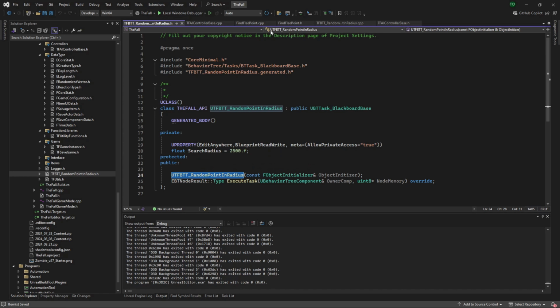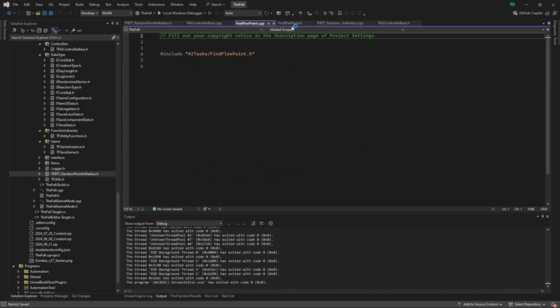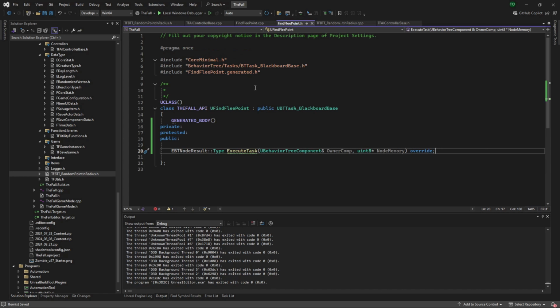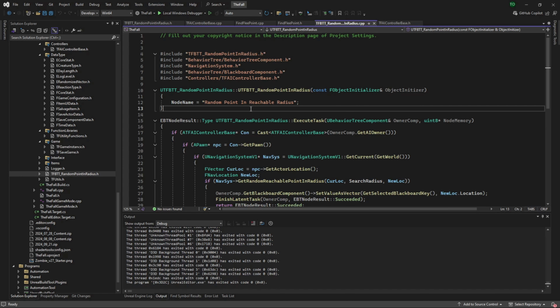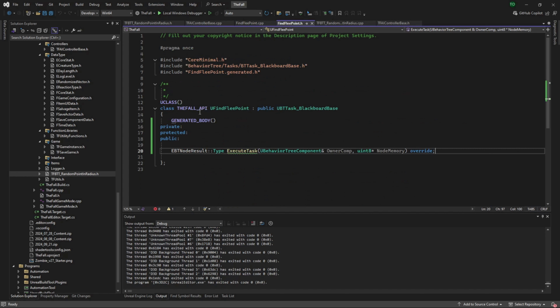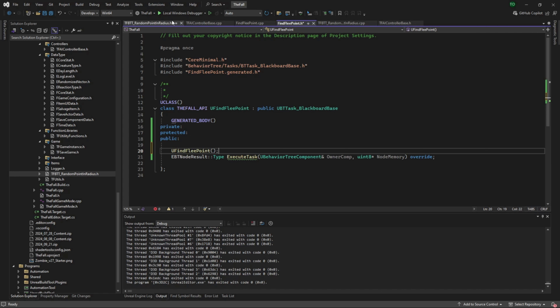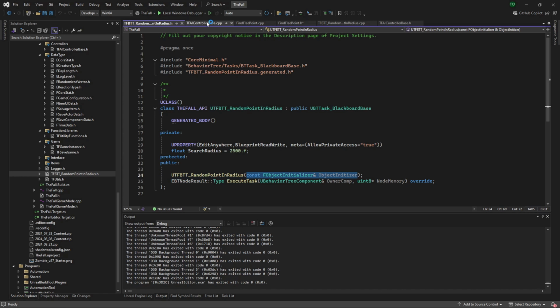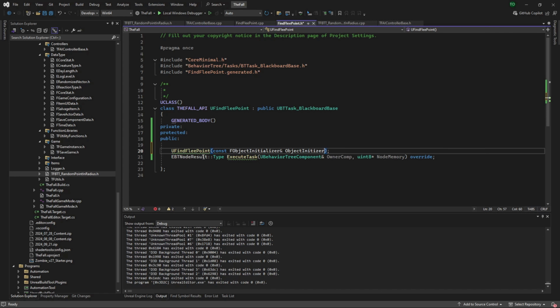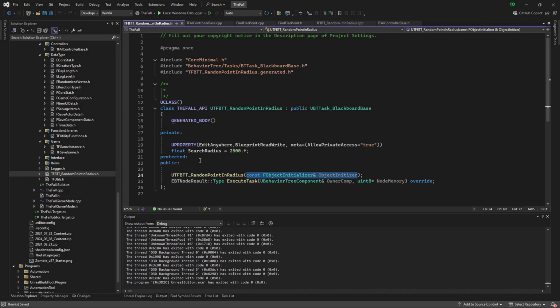I'm going to recreate this one and use a different naming convention. But actually, I think I said it the wrong way around. But either way, so we need our execute task. We need our constructor, which is, you can see that's where we set the node name. So find flee point. And what else do we have in there? Oh, that needs the F object initializer. And then